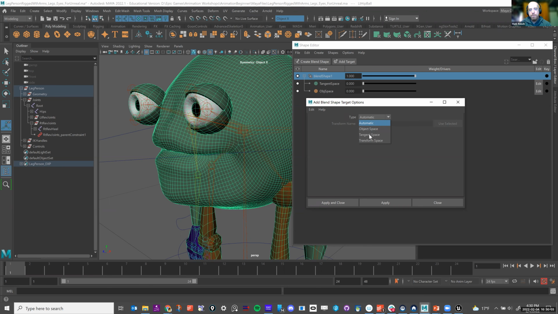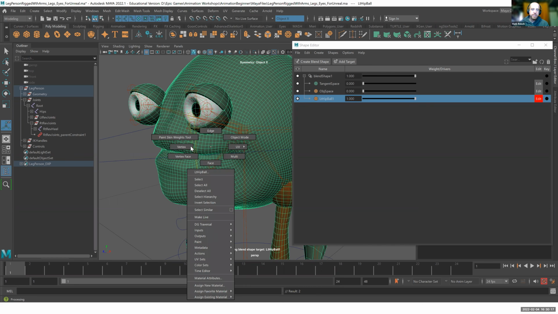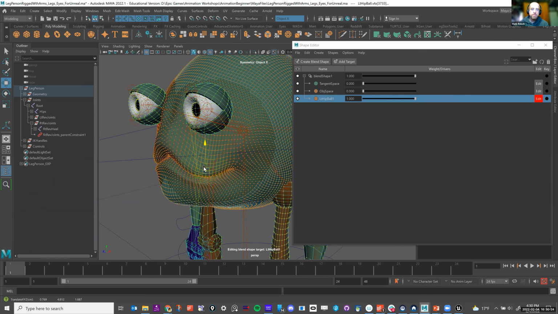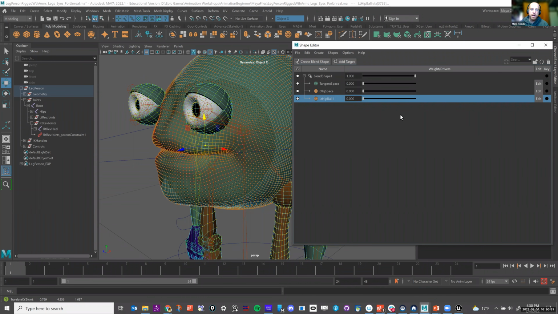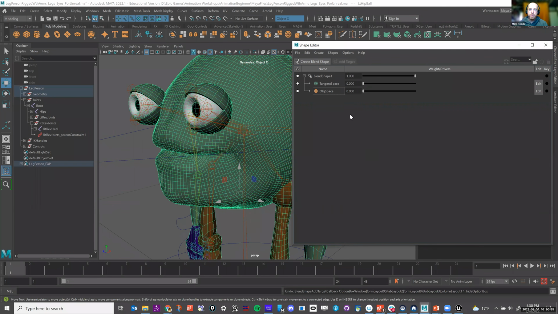But you'll find that for object space, you'll want to make sure that it's object space, and then you hit Apply or Apply and Close. And then you can see that it makes the orange one. That's the one that you want. You want an orange little circle target on there. And then you can take the vertices and make them do whatever you want. If I wanted to pull his face down, you can see it's in edit. You shut off edit mode, and then you have this new target to it. Okay, I'm just going to undo this for right now, and we'll just keep it with whatever we're doing.